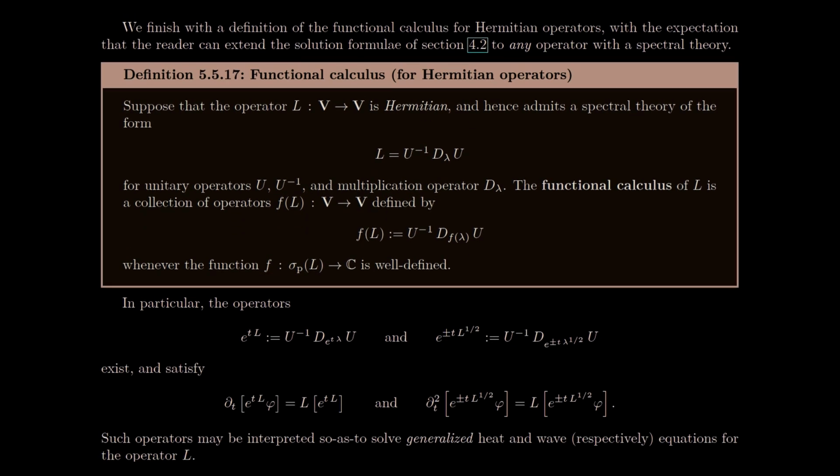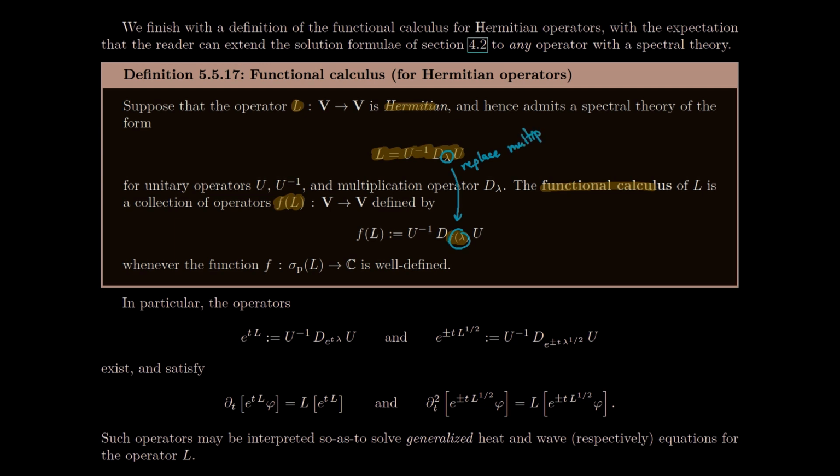And then we're going to finish chapter 5 with the functional calculus. So this kind of goes back even to section 4.2, I believe, where we talked about the Fourier multipliers and the Fourier functional calculus. You can define a functional calculus for Hermitian operators as long as they admit a nice spectral decomposition. So that's a spectral theory associated to L. You define an entire class of operators called f of L, or the functional calculus of L, just by taking f of the eigenvalues. Okay, so you're going to replace the multiplier of lambda,